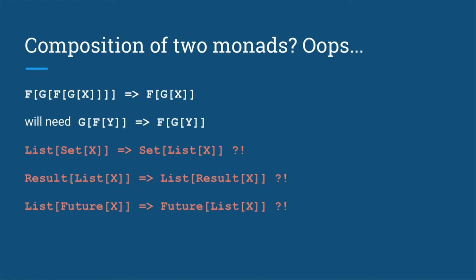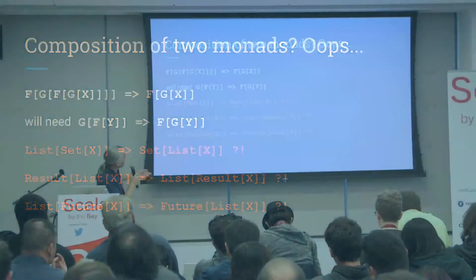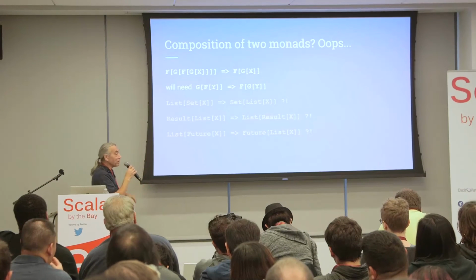Generally speaking, no, because we could flatten F with F to F, and we can flatten G with G to G. But how can we do this transformation, like swap G and F to F of G? No way. Can we transform a list of sets into a set of lists? How? We have set A, B, C and then set 1, 2. What list do we produce? We don't know. We can probably go the other way, like we have a set of lists and we can try all combinations, yes.